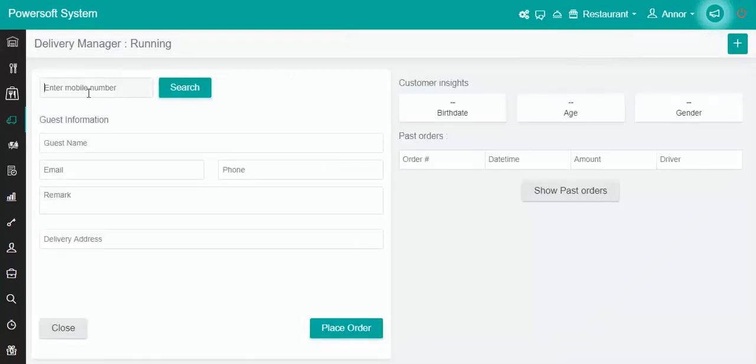You can add the mobile number, the delivery address, and assign a driver to this particular delivery, and then take payment after the delivery guy has returned with the amount of money, or if they paid via Visa or mobile money, you can also settle the bill. Okay, so